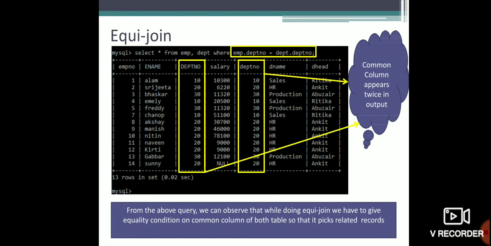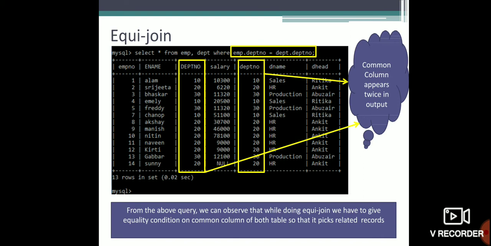See here, I have joined with: select asterisk from employee comma department, where employee dot department number, the common column name, equals department dot department number.